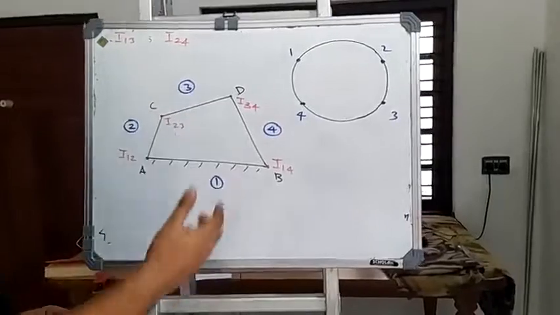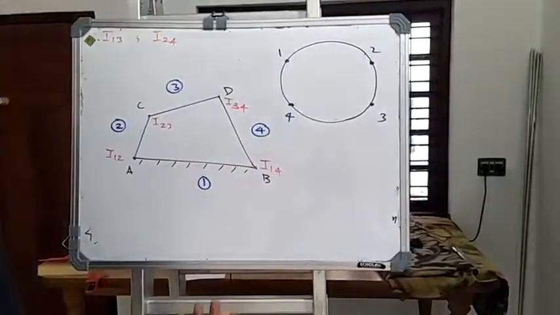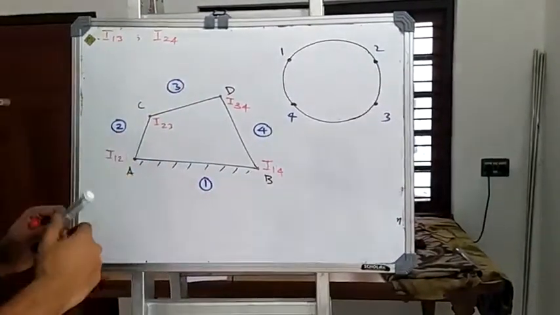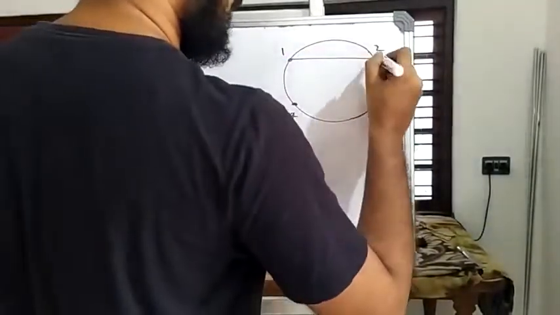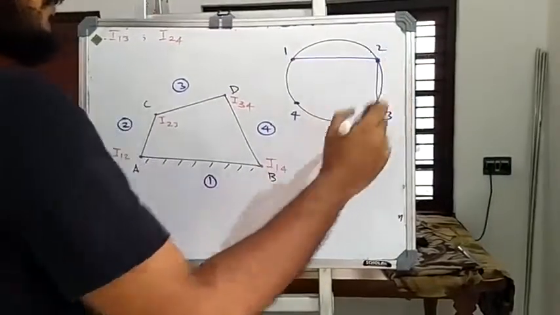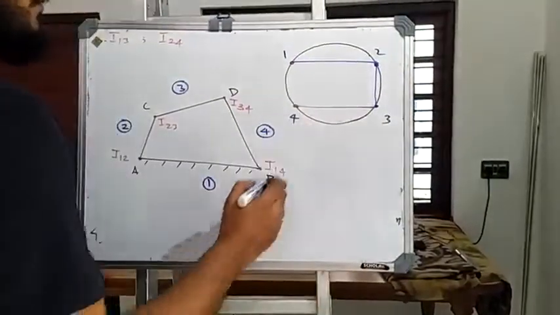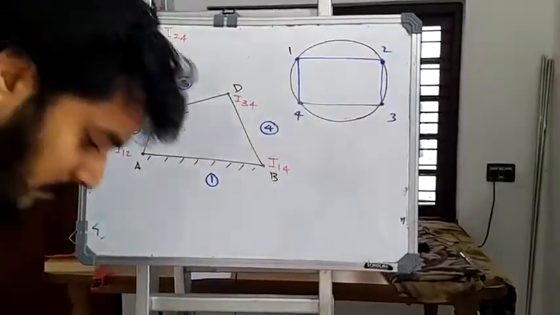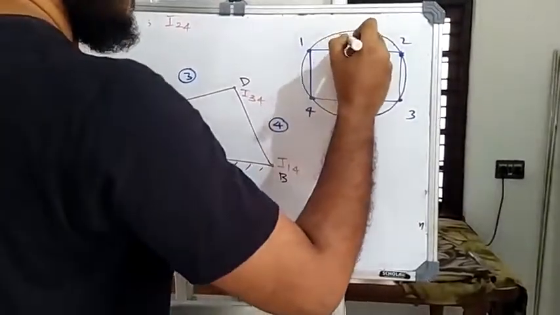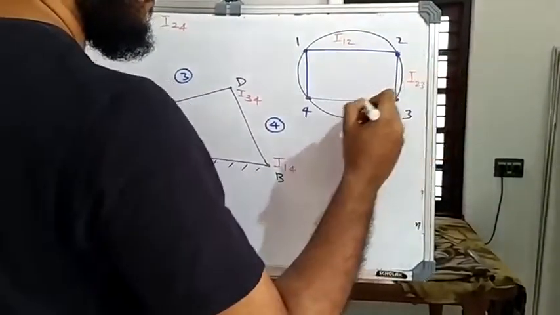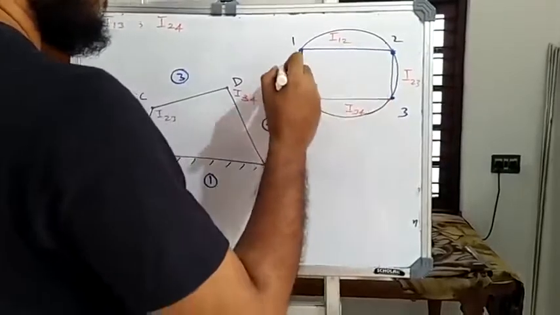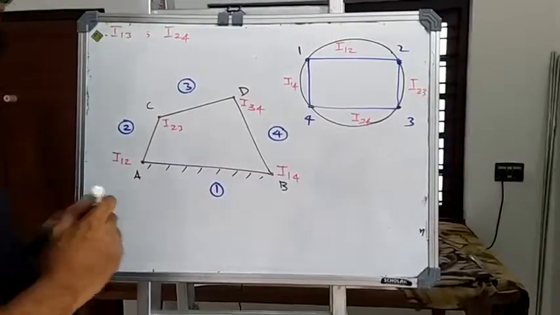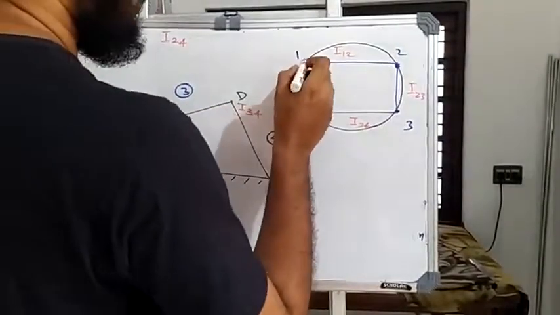What we will do is, whichever I centers we have already located, join those using a straight line. I12 we have already found out. I23 we have found out. I34 we have found out. I41 or I14 we have found out, and we have joined those two also. So this represents I12, I23, I34, I14. Now for finding out I13, what I have to do is join the points 1 and 3.